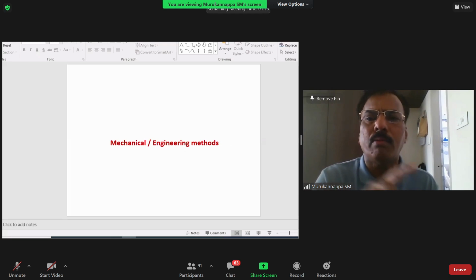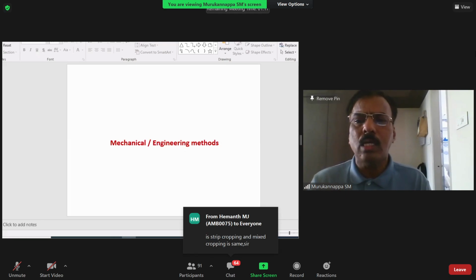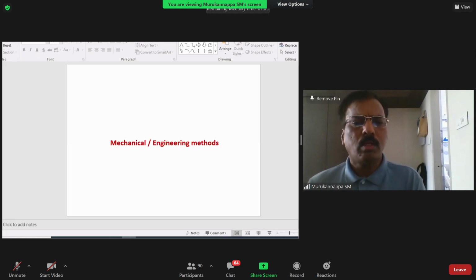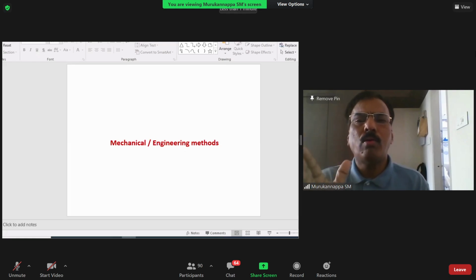I will take another 30 minutes and complete this. This is nothing but the framework. If you want detailed deliberation or discussion, we can do it in the next classes, maybe offline or online; that will be discussed one by one, slowly. But today we want to discuss the entire framework: what are the different conservational measures majorly followed in different categories of lands?